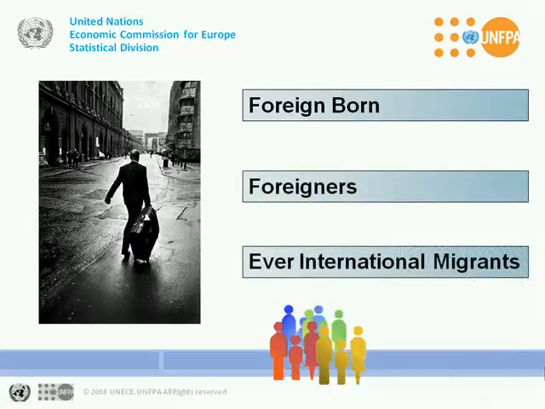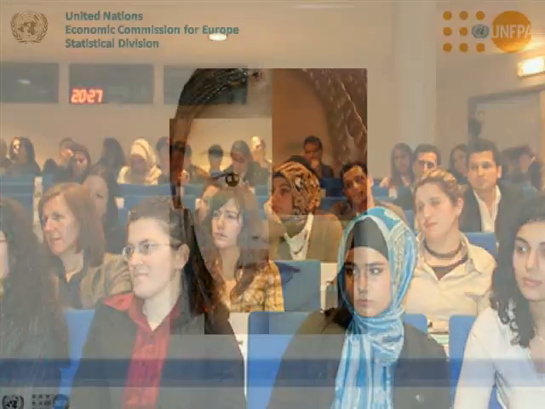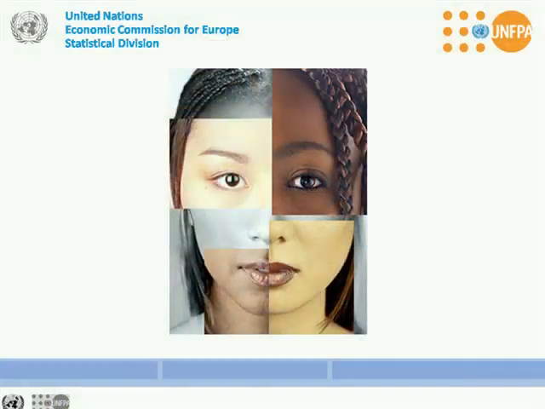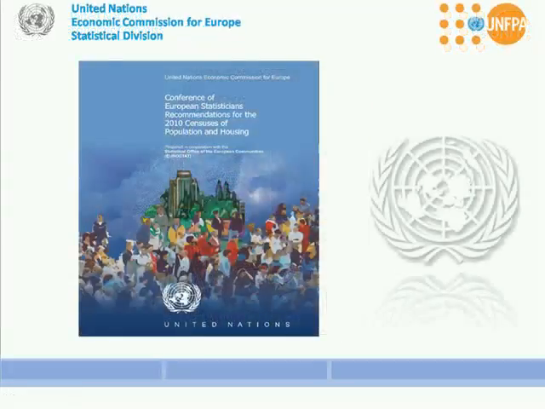In each country, data on the stock of immigrants are used to monitor the size and composition of these population groups. With this information, assessments can be made on the integration of immigrants into the social and economic fabric of the host country. It is important, then, to specify clearly how these population groups are defined and how they relate to one another. We will now discuss how each of these groups can be defined and measured in a census, according to the recommendations of the CES for the 2010 round of population censuses.